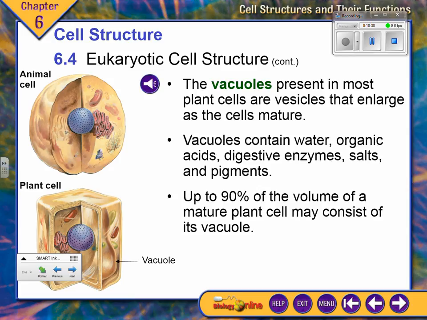Vacuoles, like we mentioned, the central vacuole in the plant, store water and can store nutrients. Look at this last one: 90% of the volume in a mature plant cell consists of the vacuole. So that cell is plumped up with one big membrane sac full of water. Do you remember when we talked about osmosis? Do plant cells like to have a bunch of water in them for support? That's all in that vacuole.